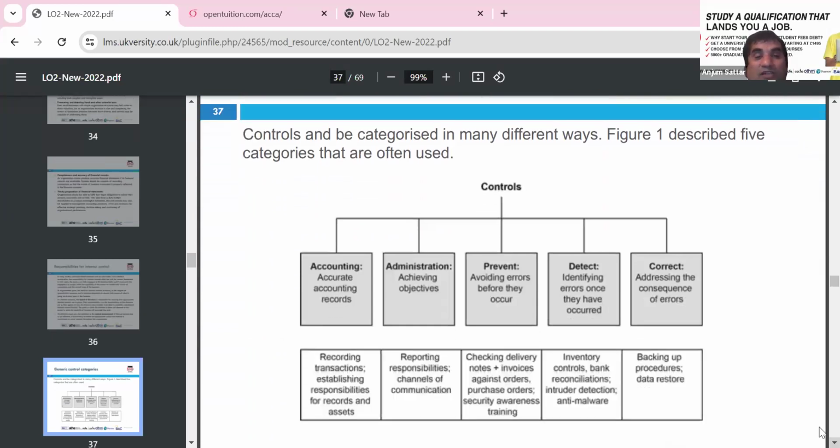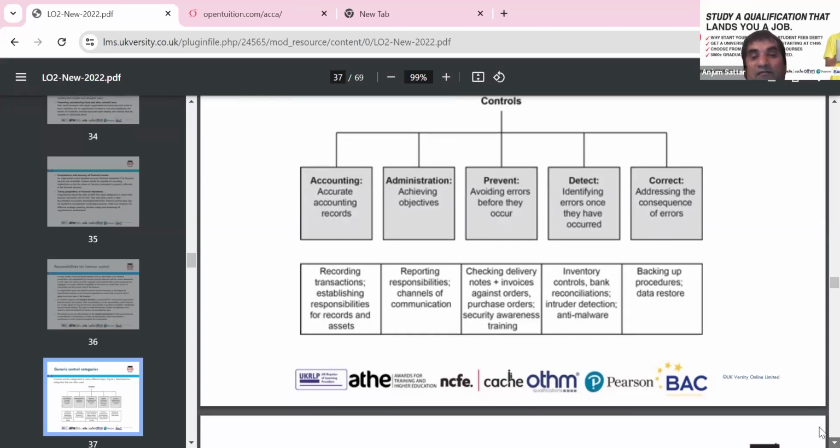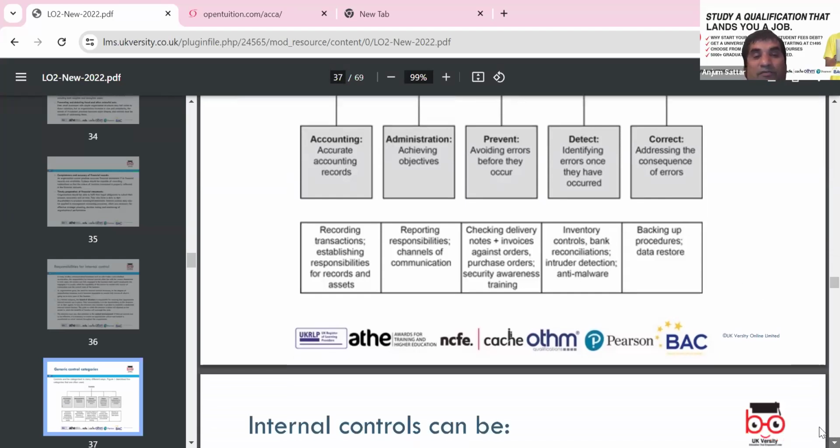Generic control strategies, which we can look at, include accounting records. Those need to be kept up to date, with revaluation. In administration, who is responsible for what? Prevent errors and avoid errors; if we identify errors, what steps do we take to record and correct them? Recording the transactions, those need to be recorded, and there is responsibility for doing correct audit and reporting, and for the channel of communication. We can look at checking delivery notes, invoices and inventory records. So each detection we can look at, and we can make the strategy to control effectively.